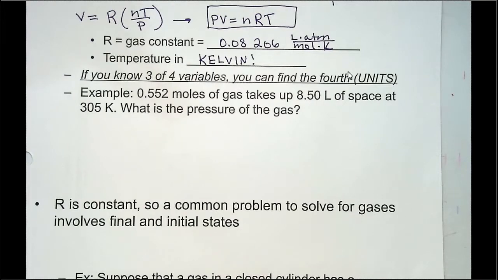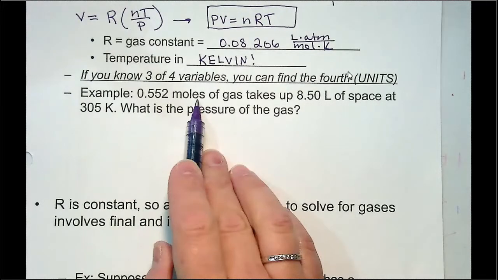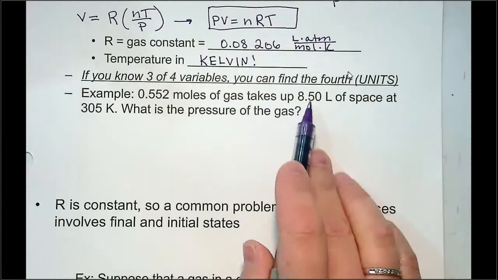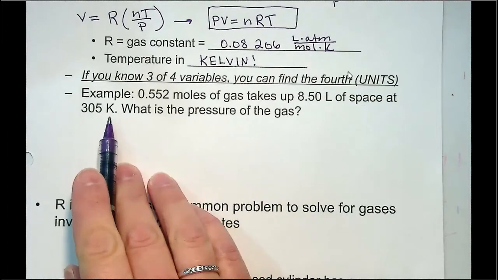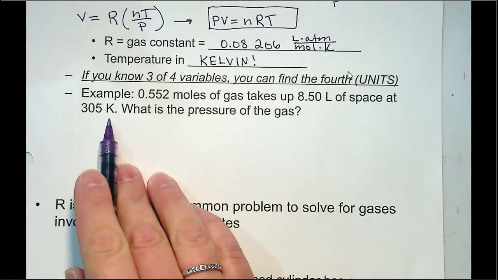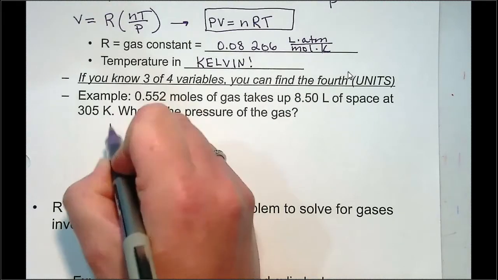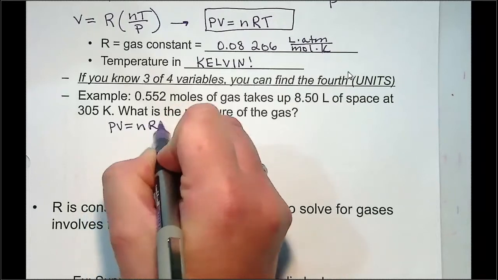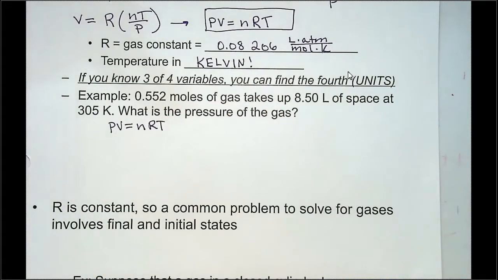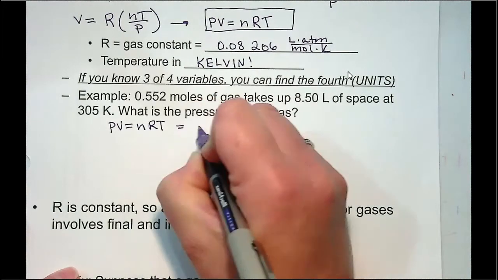So let's say we have 0.552 moles of gas, and that occupies 8.5 liters at 305 Kelvin. So what is the pressure of the gas? So we always write PV = nRT. The tricky thing about PV = nRT is you have to be good at rearranging your equation to solve for the variable you want. Okay, so P equals